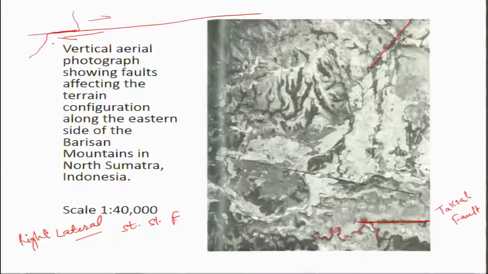So here also this is a strike slip fault, and the streams are deflected when they cross this fault. You will find some streams which cross this fault but do not show much deflection. It means that they originated after the last event on this fault. Okay. So obviously this fault moves during an earthquake or event on this fault. The blocks move when there is an event on this fault.